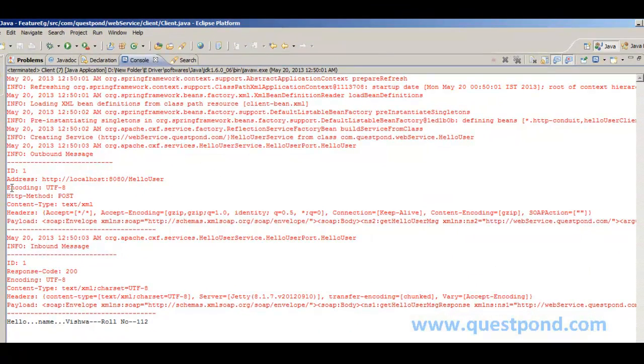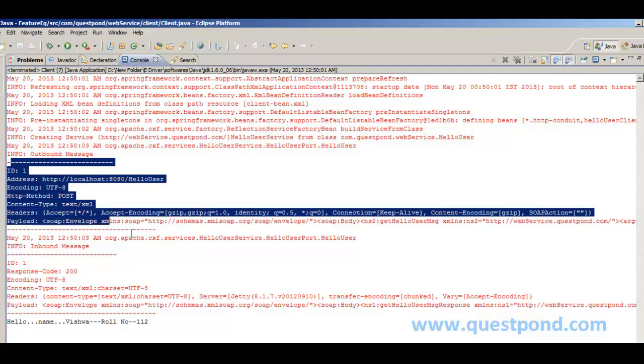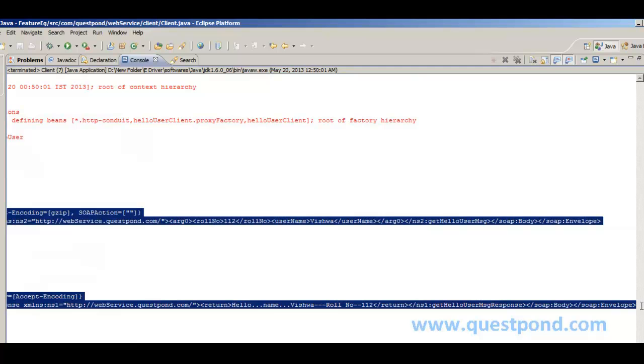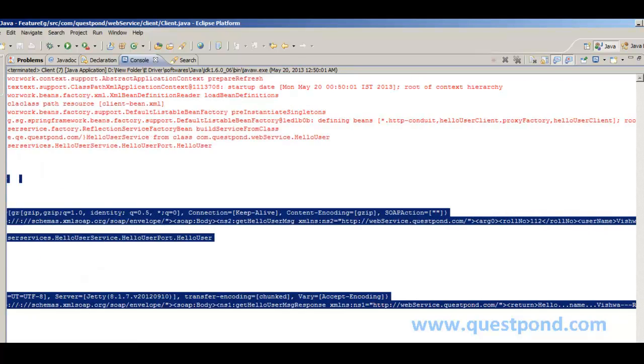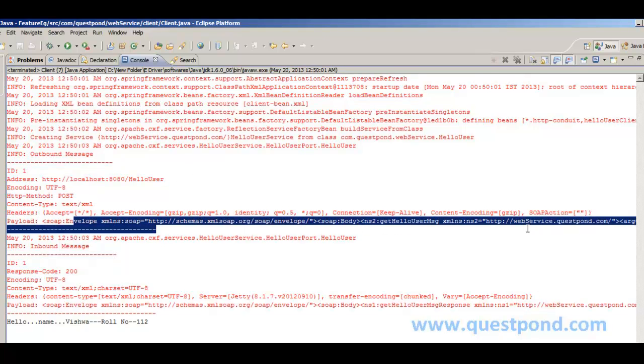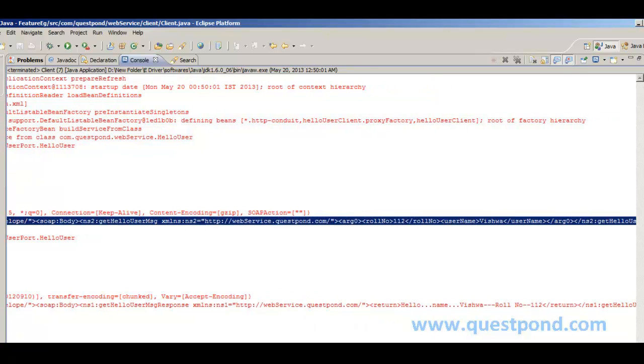And at the same time, if you see the console carefully, we can see the logging feature was enabled, and we are able to see the various messages on the console with the help of the logging feature. As we can see, we are able to see the SOAP message which we sent, along with the various parameters like roll number and username.